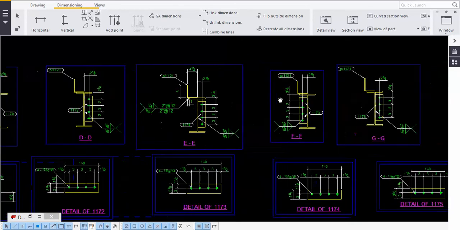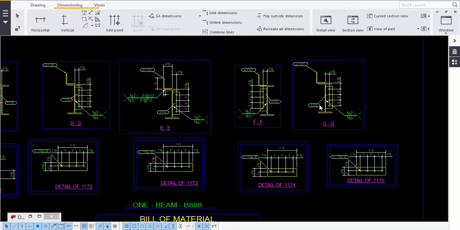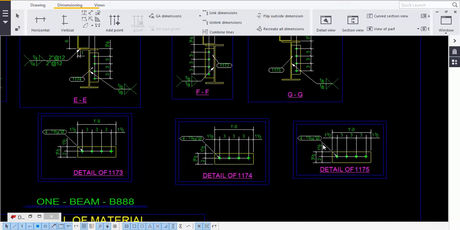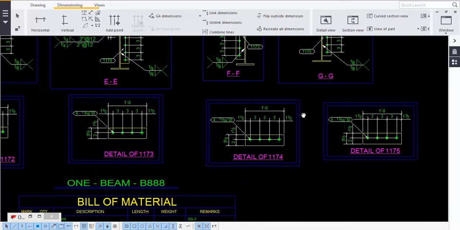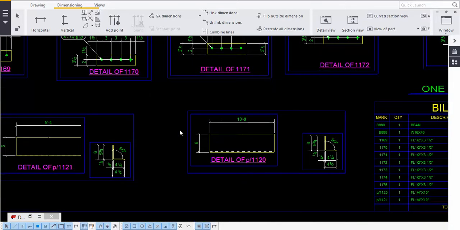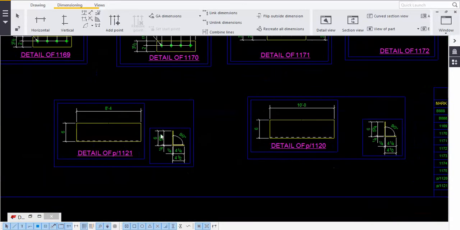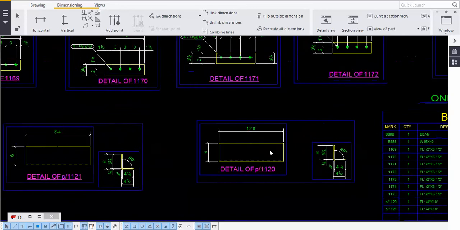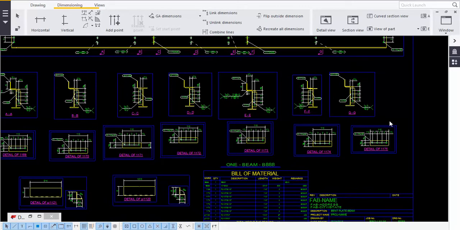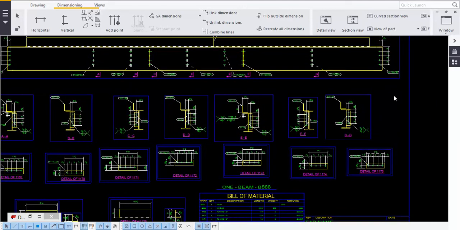From here the angle changes, so from here we must give this weld symbol and all, and these are the details of part mark and all. I think this is everything, everyone knows it. And this is the detail section view of the angle. So how to take these sections, everything I did in another video. So since it is very bigger in size, I also said to take this cut part.